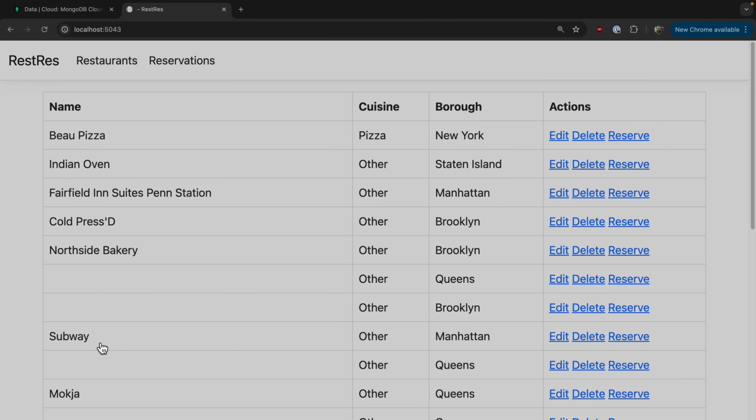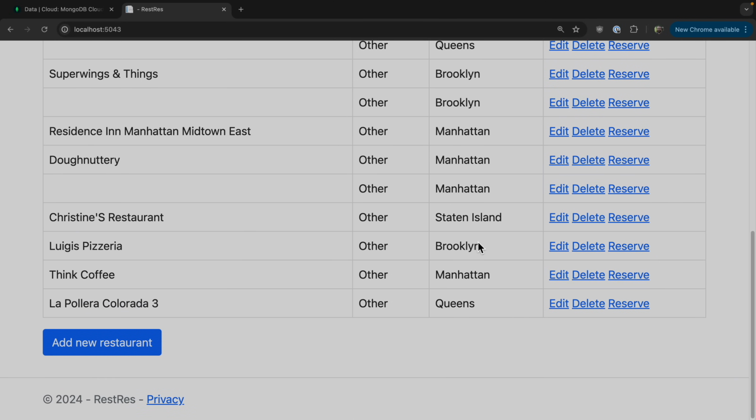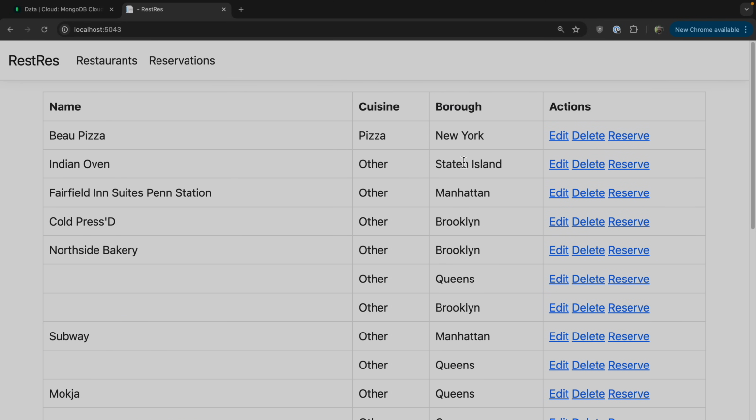So for this database, it's all New York. So basically, I guess that's not even a borough, but you can put anything. They're all New York boroughs. I don't think I mentioned that before. But now we have our own restaurant, including we can see all these other restaurants, and also I can do